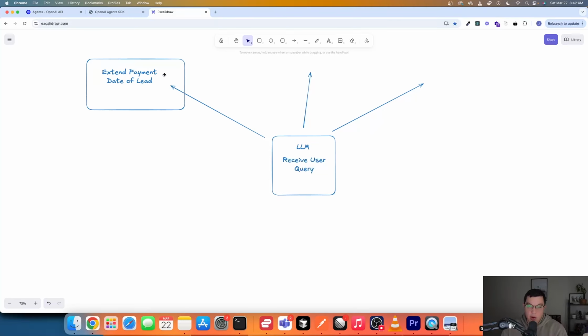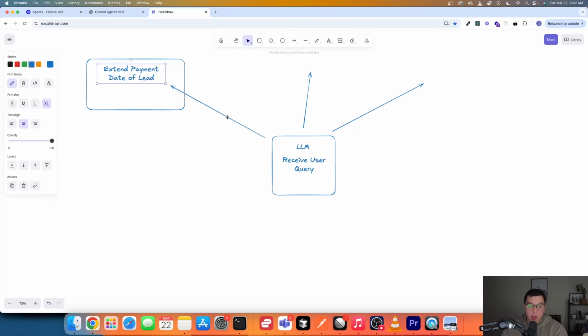So one of the things that we needed our bot to be able to do was to extend the payment date of a lead. In our case, we had a different CRM where we had all of our clients and leads, etc. And inside of Microsoft Teams, if a sales agent who was talking to this bot was on the phone with a lead and they needed to extend the first payment date of that lead, they could send a request to our bot, and this bot was integrated with our CRM and could take that client information, go into the CRM, and extend the first payment date.